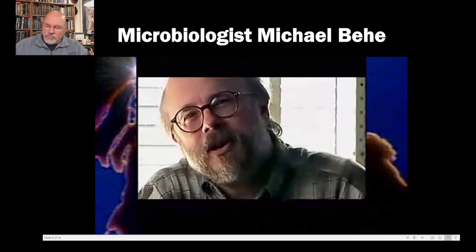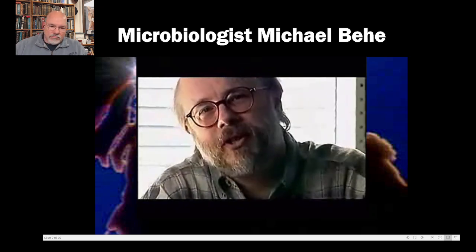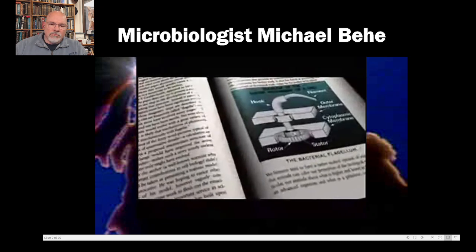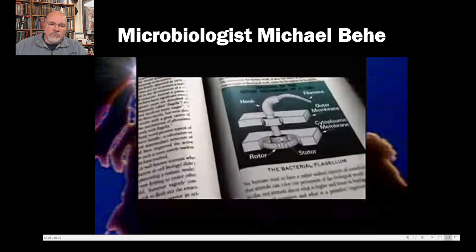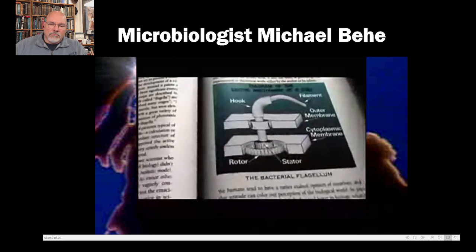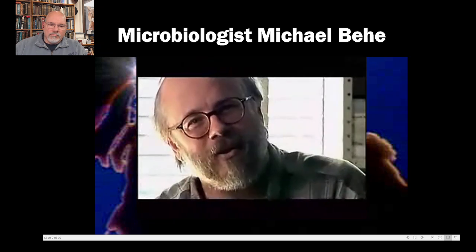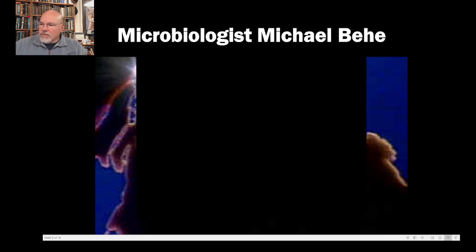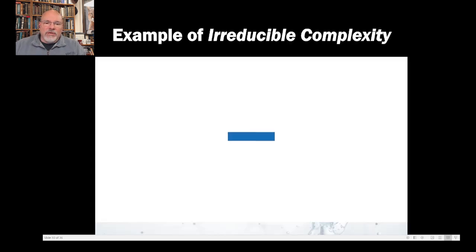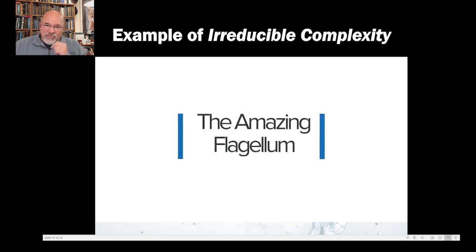I remember the first time I looked in a biochemistry textbook and I saw a drawing of something called the bacterial flagellum with all of its parts in all of its glory. It has a propeller and the hook region and the drive shaft and the motor. And I looked at that and I said, that's an outboard motor. That's designed. That's no chance assemblage of parts. And certainly, it is irreducibly complex. You can't start taking pieces away and have it work. This is the flagellum here.